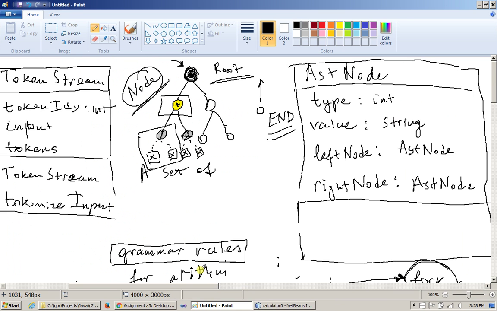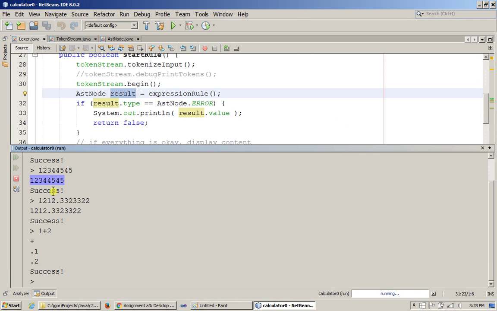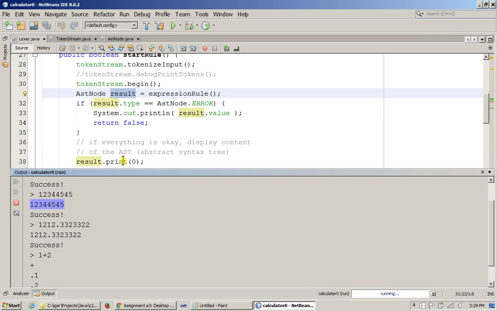If we're just entering a single number like this, the result is printed, and I'm trying to make sure that everything is visible. Okay, so this prints a single number because it simply finds that the node type of the result is a number, and it says there is no tree to print. There's nothing fancy to print. It just prints the number and says success on the next line over here,